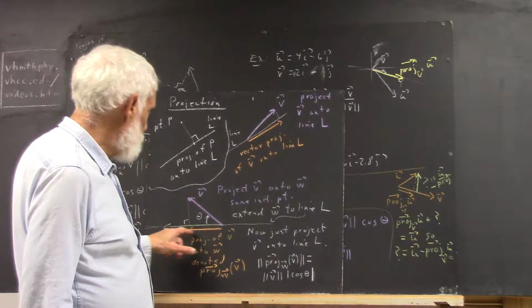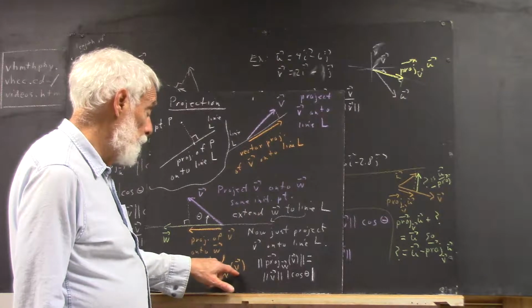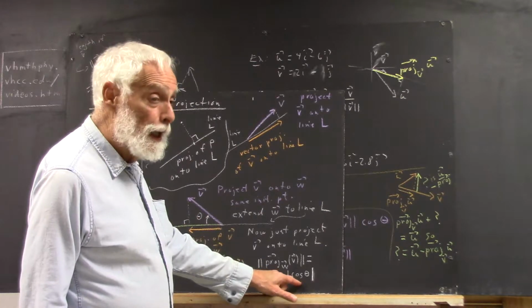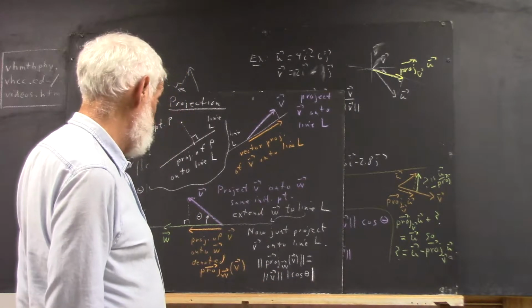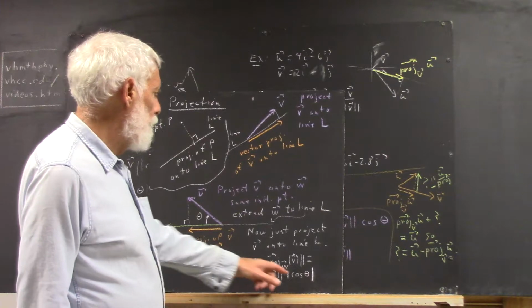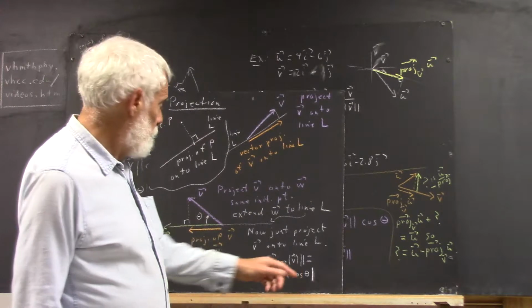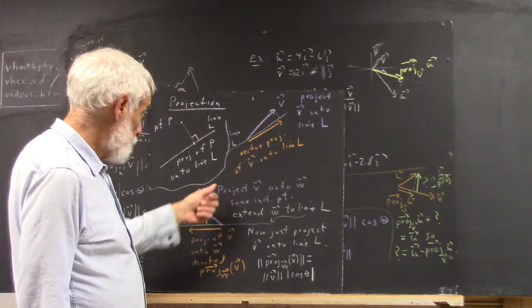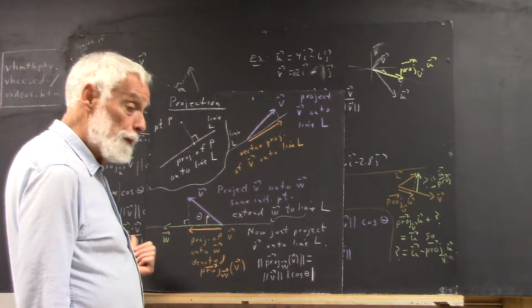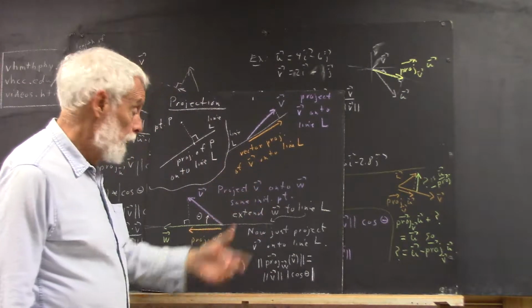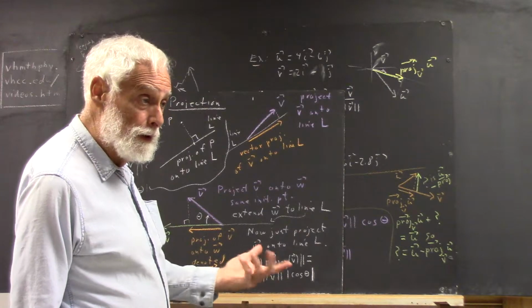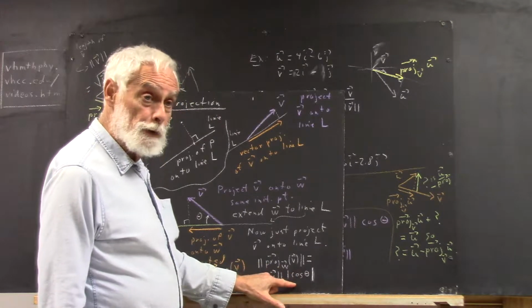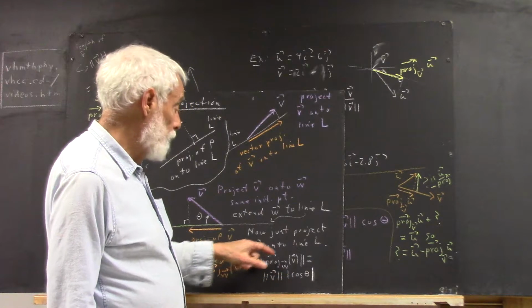The magnitude of this projection vector, projection onto W of V, is equal to the magnitude of V times the absolute value of the cosine of theta. Now, why do I say absolute value of cosine theta? Well, it's because there's no reason that theta has to be less than 90 degrees. V could be out in this direction and W back here, in which case theta would be greater than 90 degrees and the cosine of theta would then be negative. So we have to have the absolute value sign around that if we want to talk about the length or magnitude